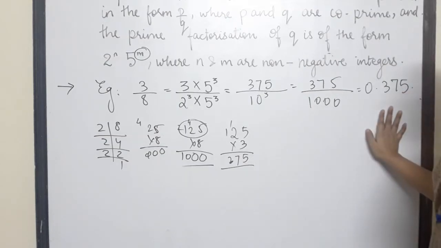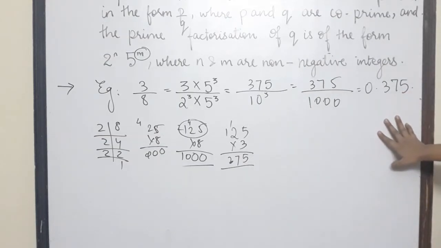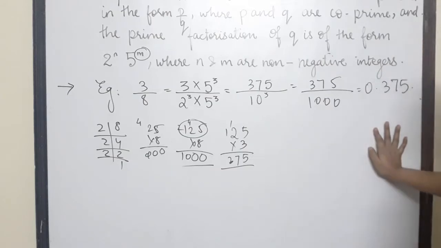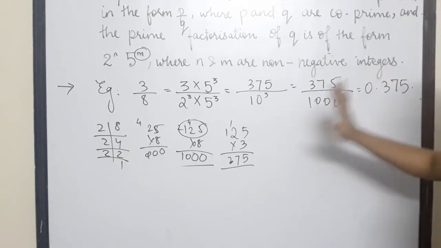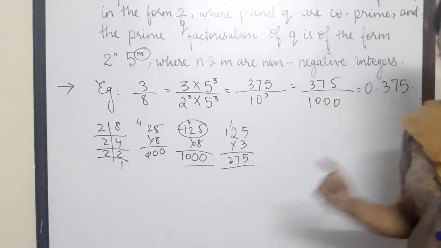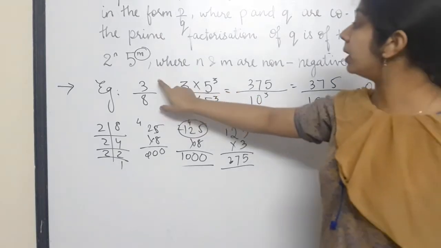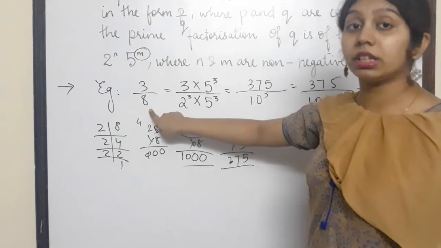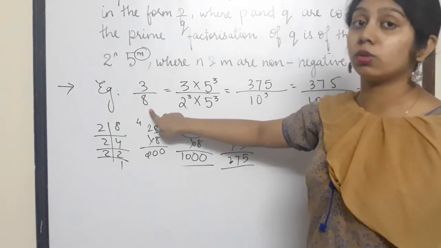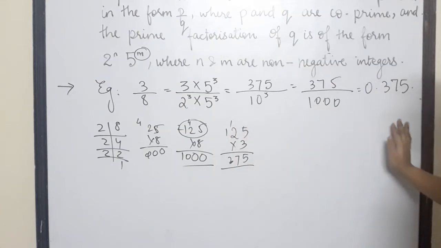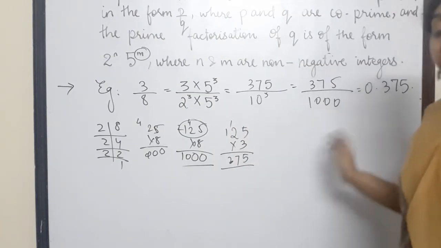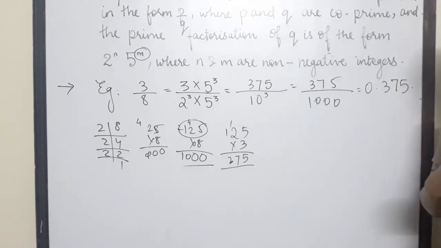So with this we complete the theorem that over here x is a rational number and whose decimal expansion is terminating. And this is the method that if any question is given in the form of p by q, where q is not written in any form of 10 raised to any power, then you can always convert it like this and then solve the sum. Okay, this will be more clear when we will do the exercise. So let us move on to the next theorem.